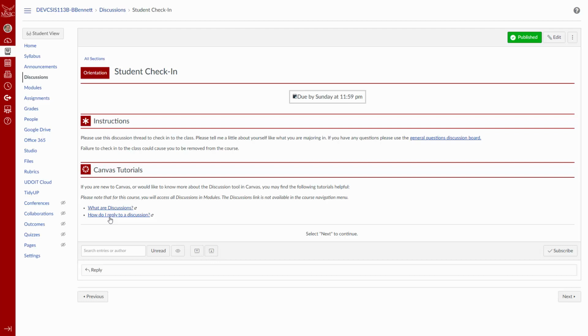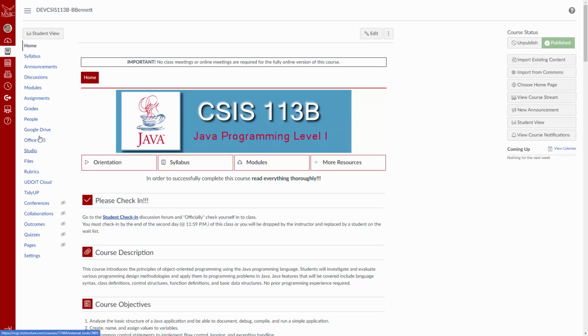All you have to do here is click on this reply button down at the bottom, type in a couple of sentences about yourself, and then go ahead and post that. That will officially check you into this fully online course. If we go back to the home page using the global menu here on the left, you'll see that we